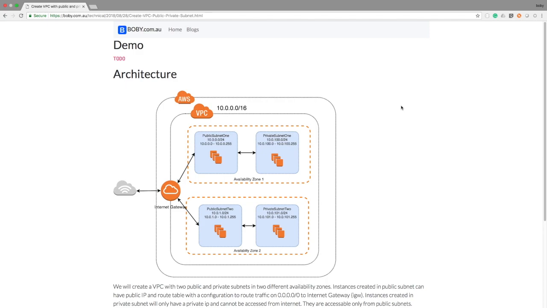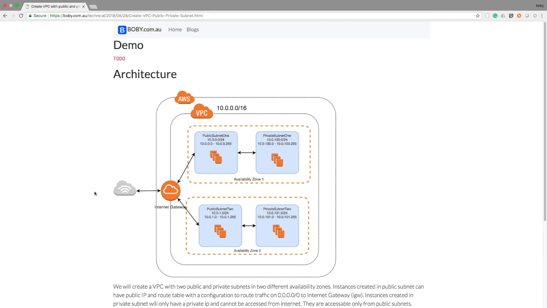Also, we need to make sure that our systems are highly available. In this demo, we are going to create a virtual private cloud, VPC, in AWS with the CIDR block 10.0.0.0/16, which is a class B with more than 65,000 IP addresses. We will create 4 subnets, 2 in each availability zone. In each availability zone, we will have 1 public subnet and 1 private subnet. Exactly the same thing in availability zone 2,